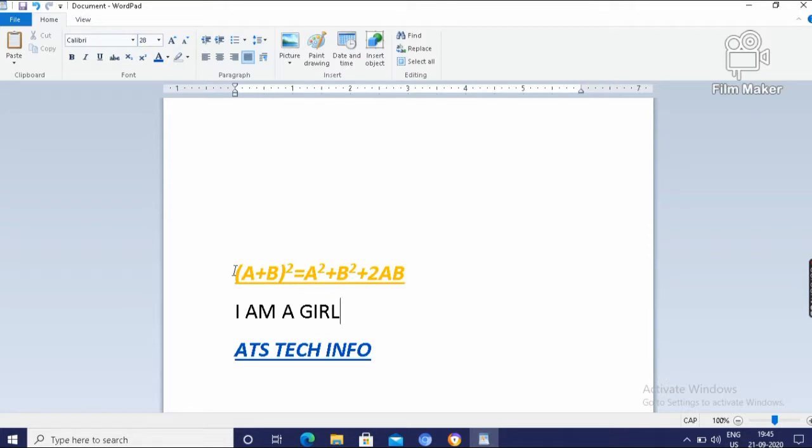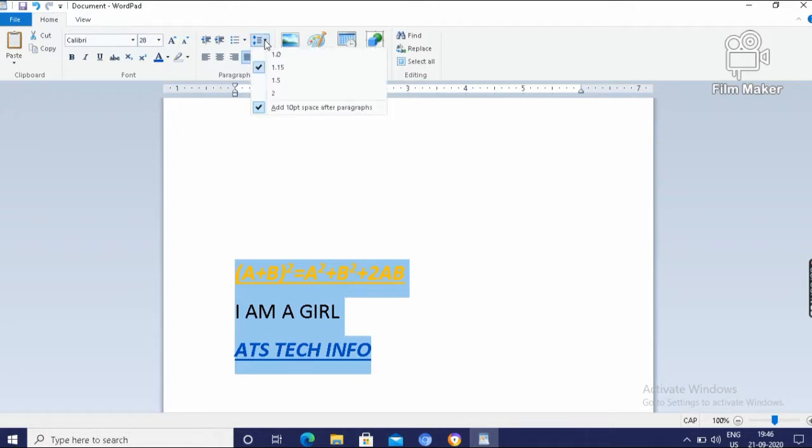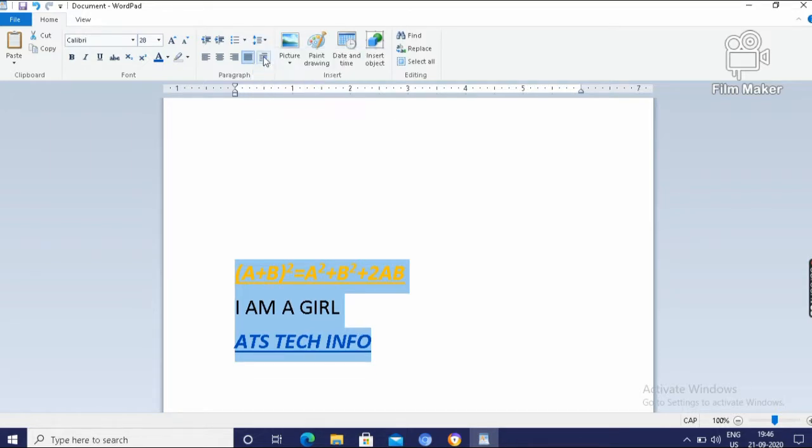And select multiple lines. Then here is an option for your line gap. That means line spacing. This is 1.15 line spacing applied. If you want 1.0, then click on it.